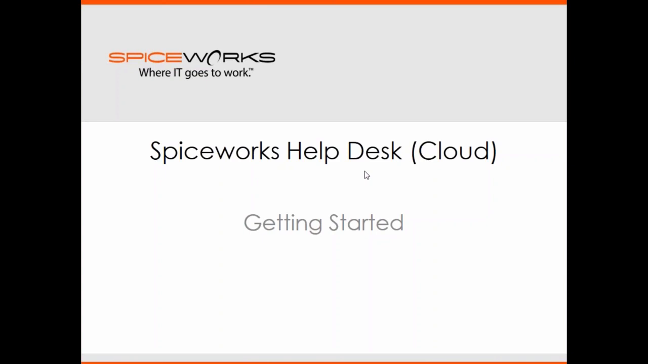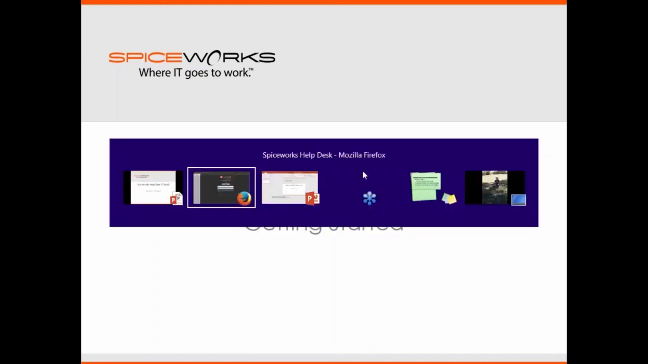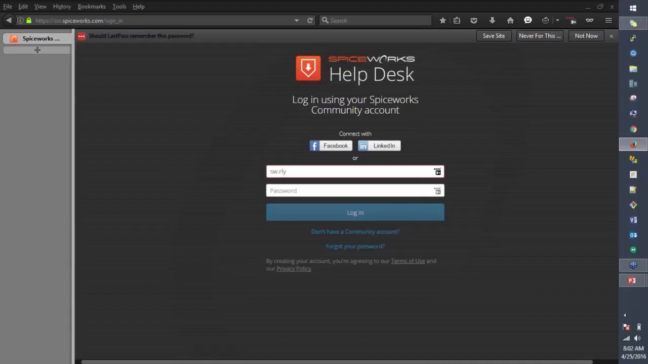Okay, well, as Richard was saying, we're going over the Help Desk Cloud Edition today. This is a newer piece of software from Spiceworks. We've had an on-premises version for about 10 years now, and from popular demand, we decided to come out with a cloud version as well. So today, we're going to take you through setting up your Help Desk Cloud account to, just showing you everything